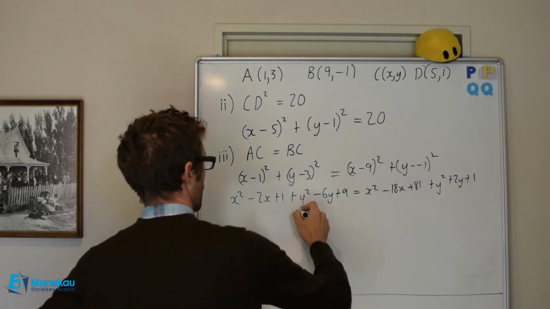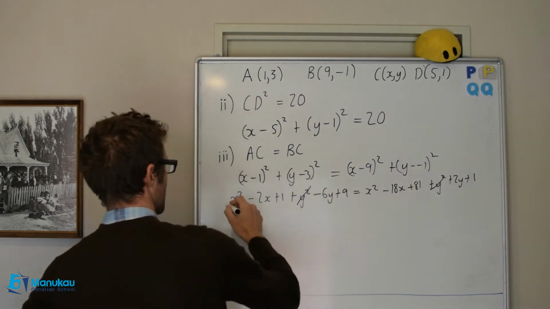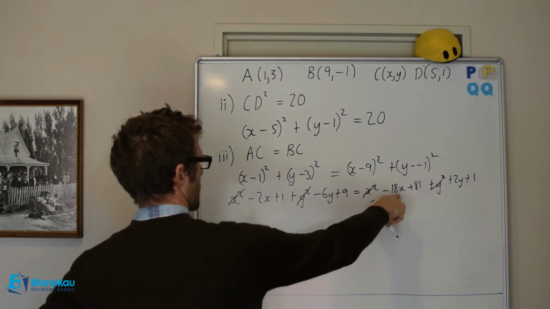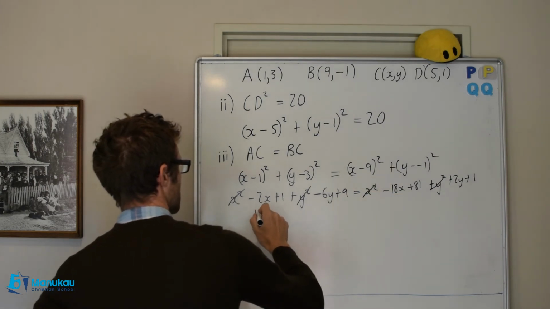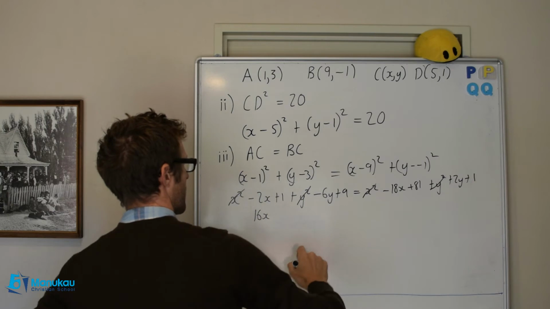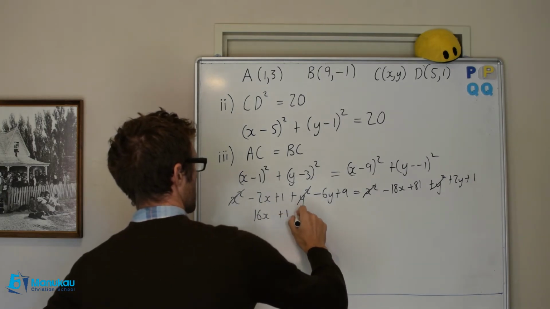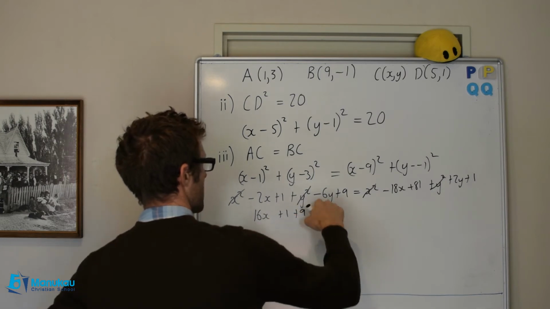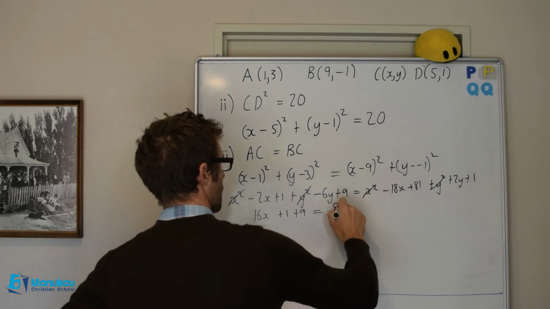Well, we have a y squared on each side, so we're going to get rid of that. We have an x squared on each side, that gets rid of that. I'm going to bring my 18x across to here, which will give me 16x plus 1 plus 9. I'm going to then move my 6y across here, so it will be 8y